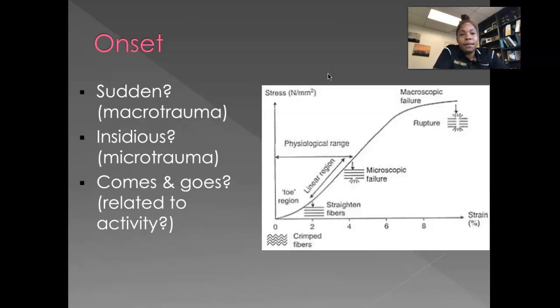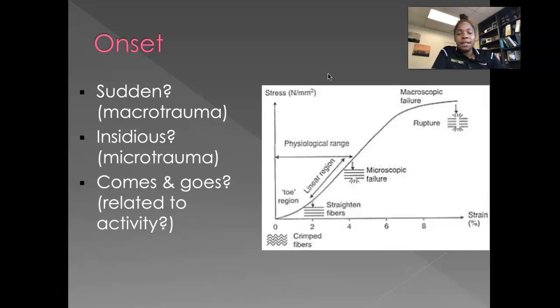So the next thing that we have to consider in our historical question is the onset. How did the injury actually happen? Was it sudden, like a macro trauma, acute trauma? Was it insidious, meaning chronic? It happened over time. Or is it more sporadic? In other words, does it come and go? It's not always there, but when you exercise or get out of a chair or do something weird,